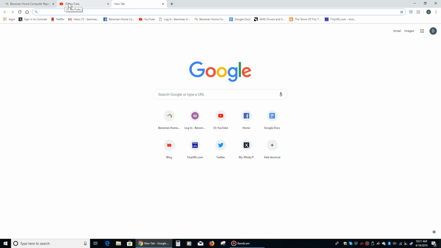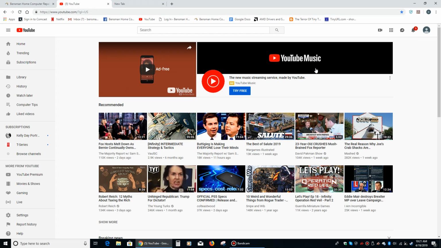After you've created an account and signed in, or signed in if you already have an account, you want to go to YouTube. Then you want to see this little icon right here in the upper right hand corner. It's the picture of a camera with a plus sign in it. You're going to click on that, and then click where it says upload video,